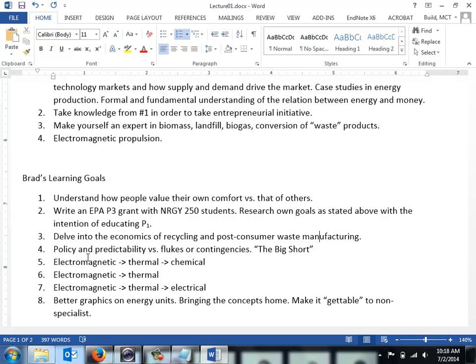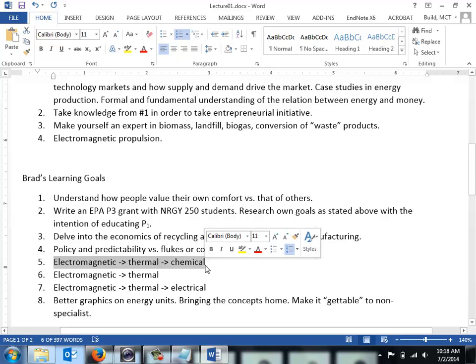And then some of the technologies that I would really like to explore more, maybe a little of my own, but maybe with this EPA, is taking electromagnetic energy, and what I mean by that is just sunlight, it's radiation, converting that into thermal energy, so getting something hot, and then that becomes chemical energy. It could just be, okay, I want to get the sulfur out of something, and sulfur and oxygen are going to dissociate at some temperature. At some point you get it hot enough, it's going to come apart.